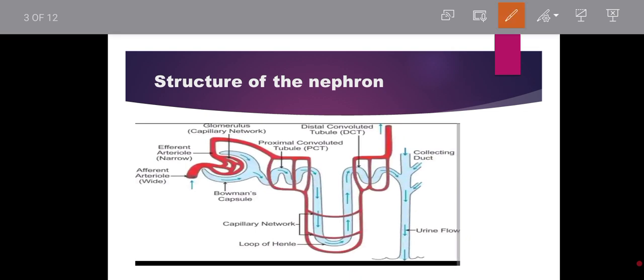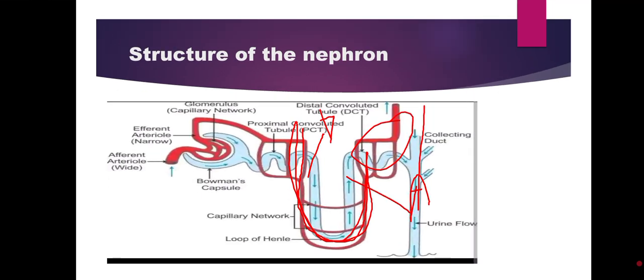I need this pen, right? So if you look at it, here we have the loop of Henle. This is the loop of Henle. Now we have the descending loop of Henle. This is the descending and this is the ascending, right? Then after that we have the distal convoluted tubule. It is also coiled. Then we have the collecting duct. Now that's what I'm talking about when I'm talking about the structure of the nephron,